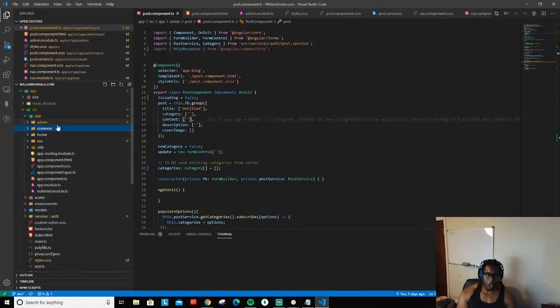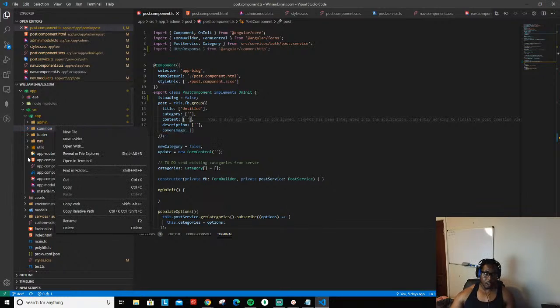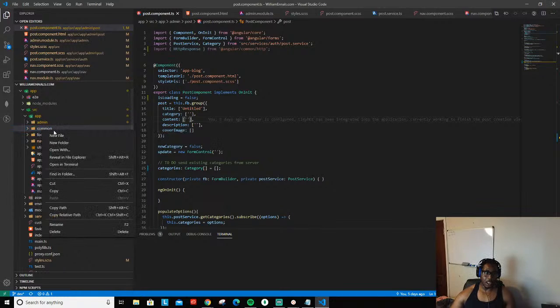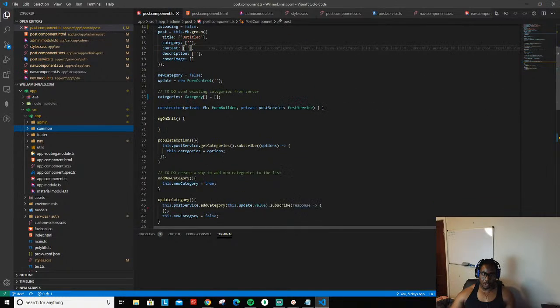And the reason I'm going to call it common is because this is stuff that can be used anywhere. And when I say used anywhere, I mean more so than all the other stuff. This is stuff that I can just put in places. I don't really have to do any additional setup. These are just going to be components, and you'll see that in a second, because we're going to create a loader component